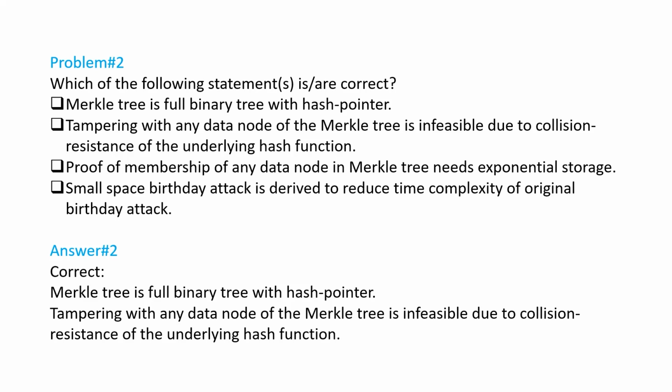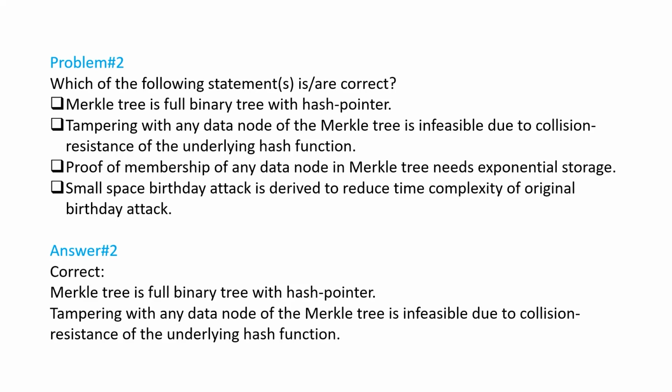But in case of small space birthday attack, we exploit some particular property which says that, let's say you have q number of queries, right? So you have some, say, capital I and capital J indexes between 1 and q. So 1 is less than or equal to capital I, less than or equal to capital J, less than or equal to q. Okay. So capital I and capital J are between 1 and q. So such I and J exist so that h of, okay, let me just